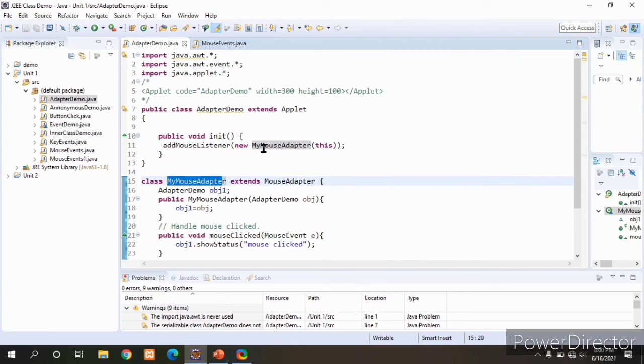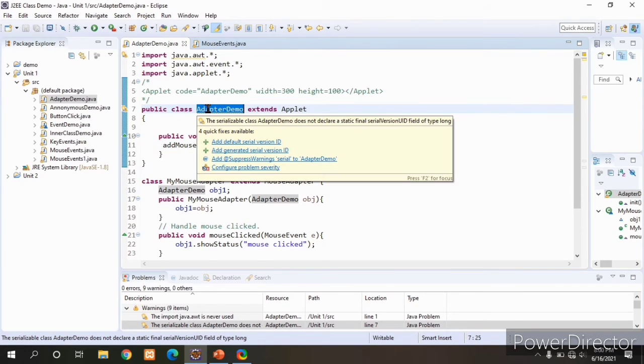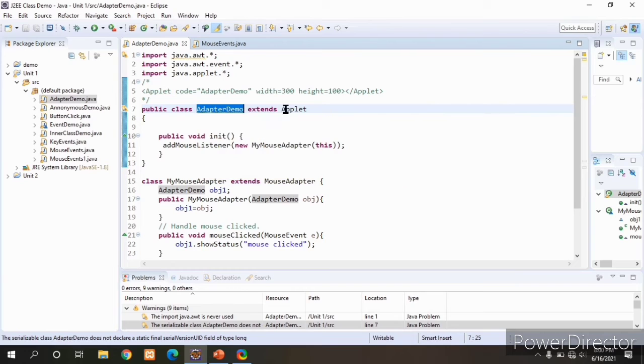That object we are creating here. For that we are passing the current class reference, that is adapter demo, which is extending the applet. That reference we are passing here.